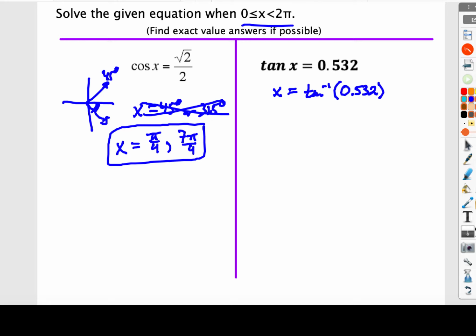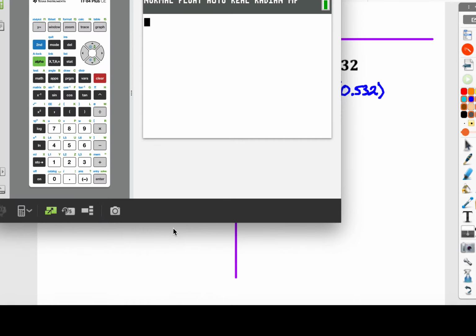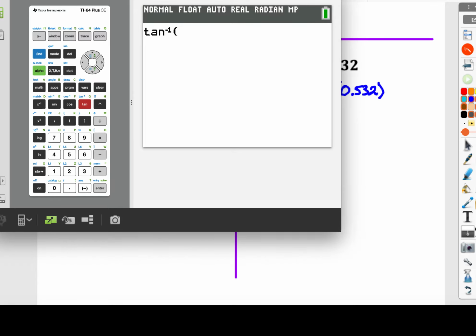Inverses will find us that x value, that angle value, when we take the inverse of the ratio of sides. So in that case, let's go ahead and hop onto our calculator. We're going to take the inverse tangent. And notice up here, I'm already in radian mode, so we're in good shape there. The inverse tangent of 0.532,